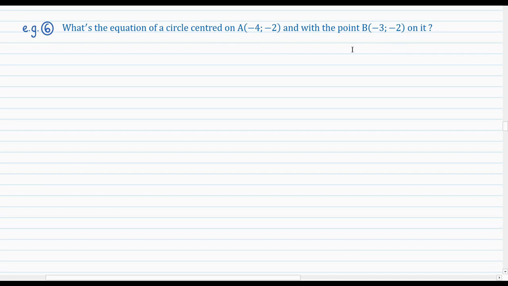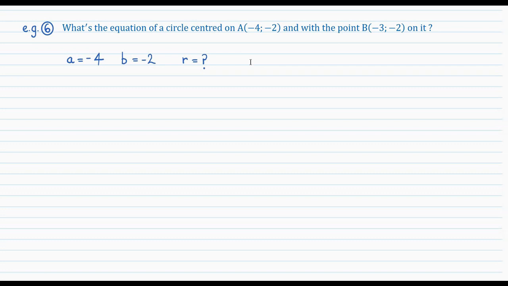And when you're told that a circle has a certain point on it, it means that point lies somewhere along the circumference of the circle. It doesn't mean it lies somewhere inside of the circle or anything. It means it has to lie on the graph of the actual circle. And coming back to the question, they've told us the coordinates where it's centered, so we can automatically tell that A is -4 and B is -2. But this time they didn't tell us what the radius is, so we have to play around with the general